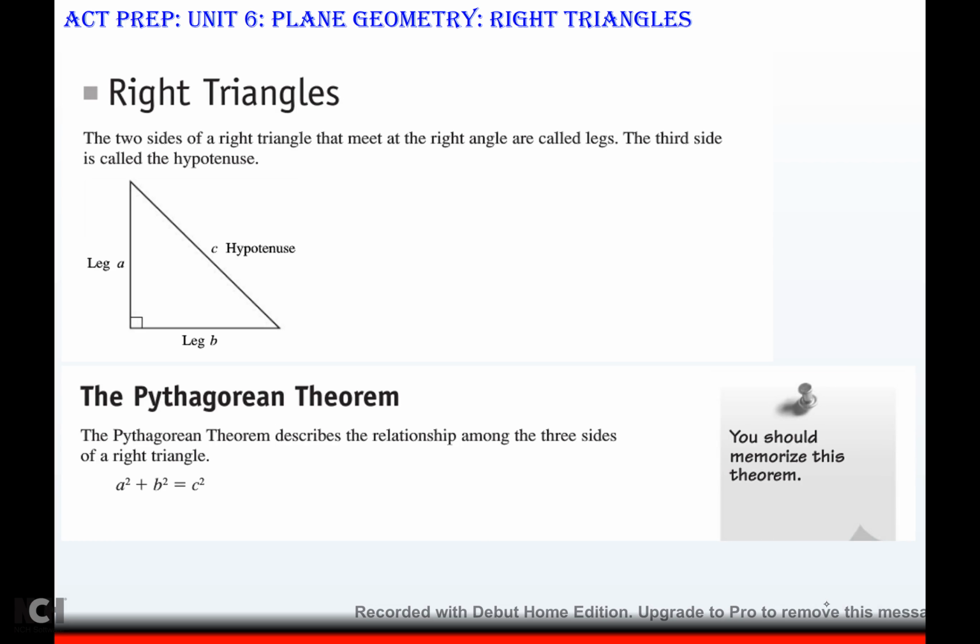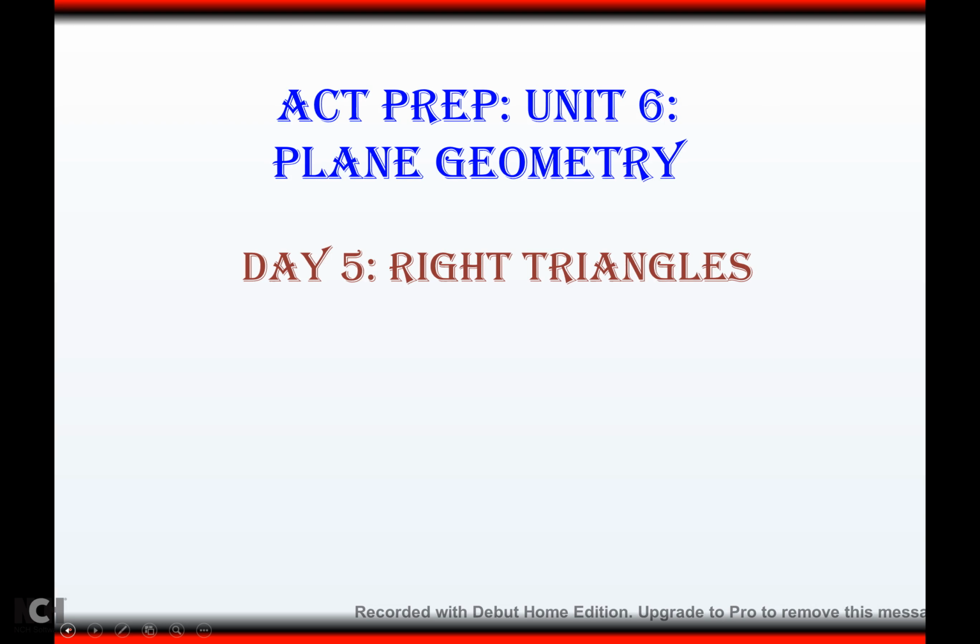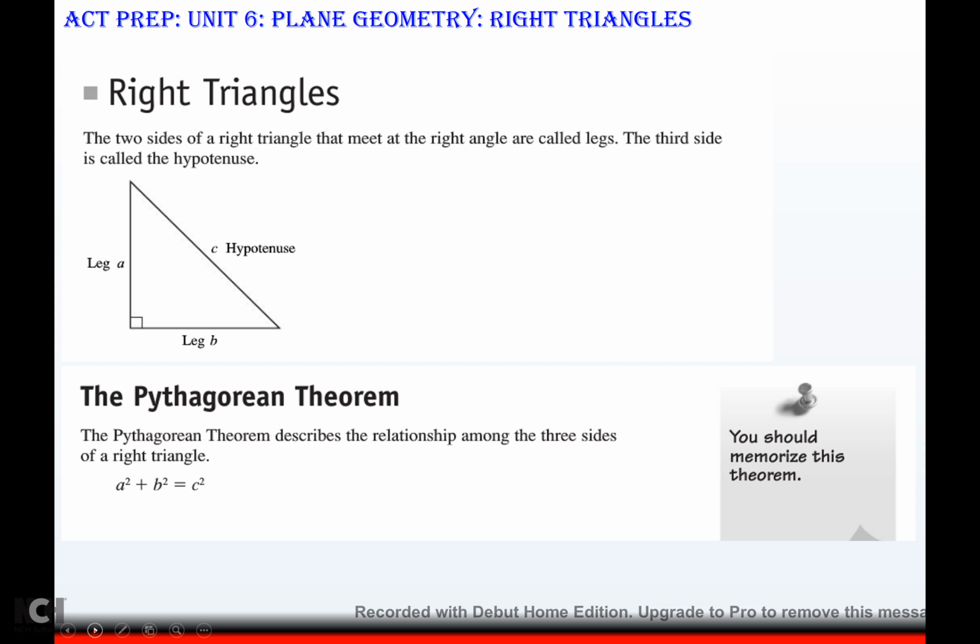All right, here we are on Unit 6, Plane Geometry of our ACT prep, and we are on day 5 today. We're going to talk about right triangles. So the first thing we're talking about is in a right triangle, the two sides of a right triangle that meet at the right angle are called the legs. The third side, which is always across from the 90-degree angle, is called the hypotenuse,